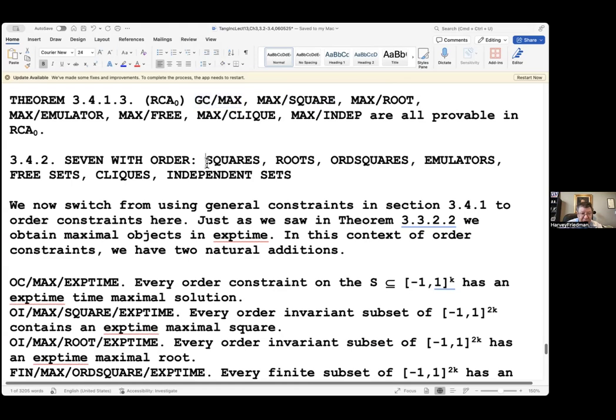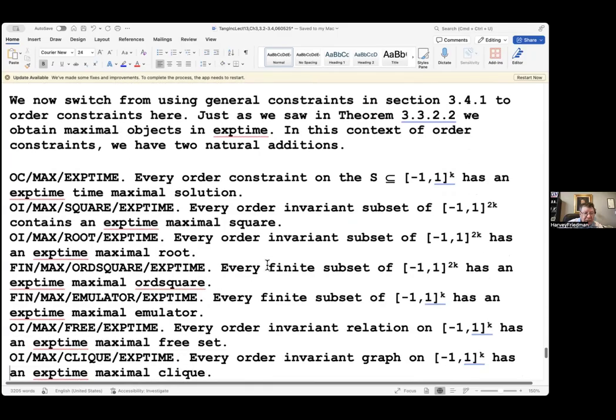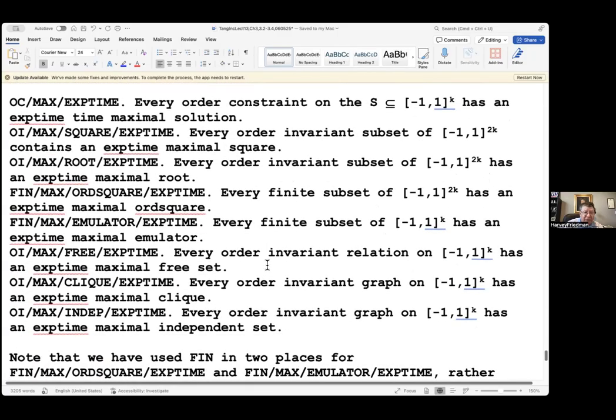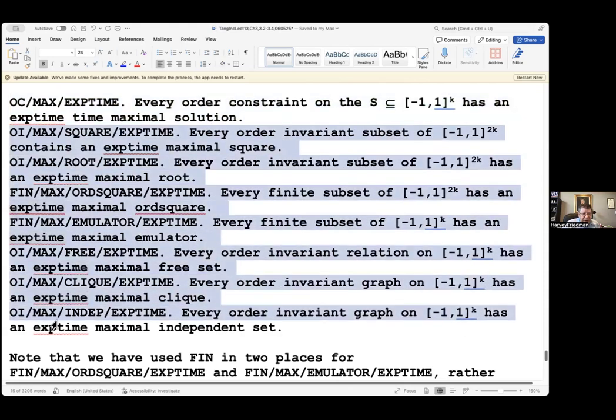Now, there are 7 ones that we want to consider with order. So there's a couple of different ones here. And instead of using general constraints, we now use order constraints, but with 2 natural additions. Well, first of all, before we get into invariance, we talk about exponential time. Remember, we talked about exponential time before. For this one, we proved that this was in exponential time. But all the other ones you can do also in exponential time,